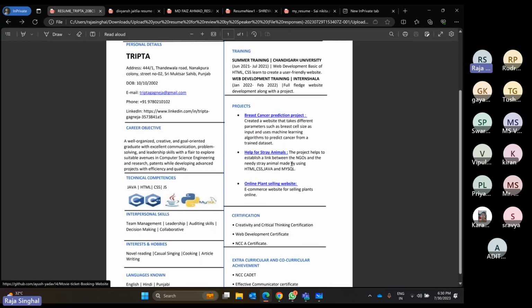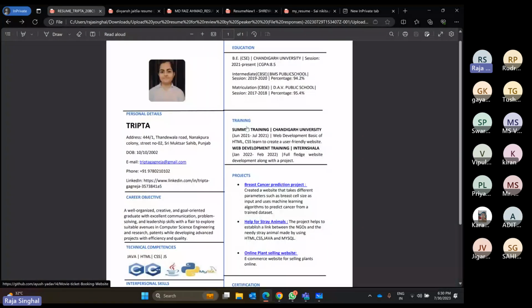So similar to the projects, try to break the description into points, as I said to you before. And yeah, these are the major things I want to highlight in this resume. And one more thing is that your photo is also not required, you can skip adding your photo if you don't have space in your resume.